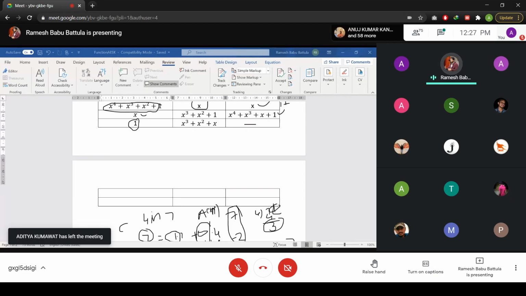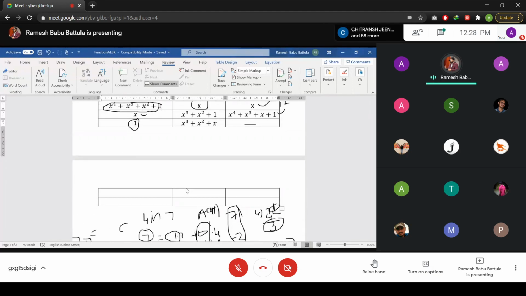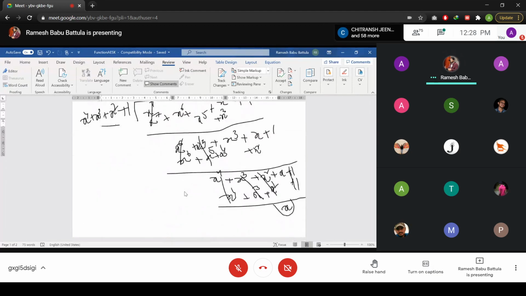So this is wrong, Amarnath. You said 2 into x to the power 5. There is no 2. I told you, you have binary values only. Here also the addition should be with the XOR operator only. So you need to check how we multiply these two values. What values are there here? We have x to the power 4, x to the power 3, x plus 1.